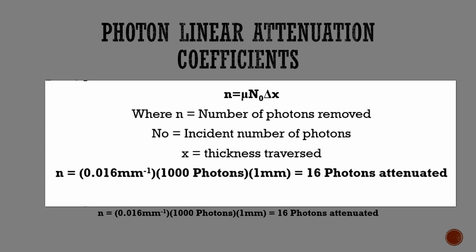0.016 multiplied by capital N naught, which is the incident number of photons in the beam, which is 1000, multiplied by the thickness of the material that the beam is traversing. In this case is 1 millimeter. And simply we get 16 photons are attenuated. And just remember, attenuation refers to the number of photons being removed from the beam, either through absorption or scattering